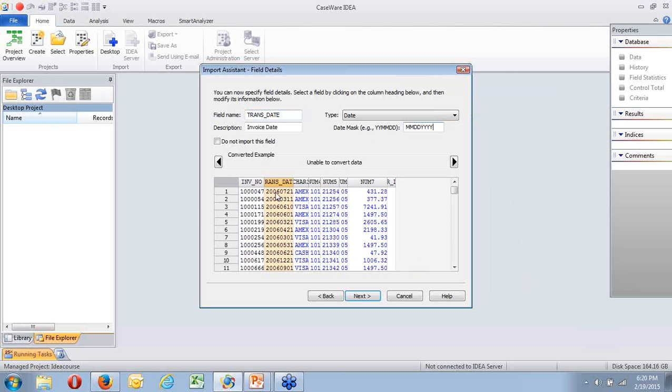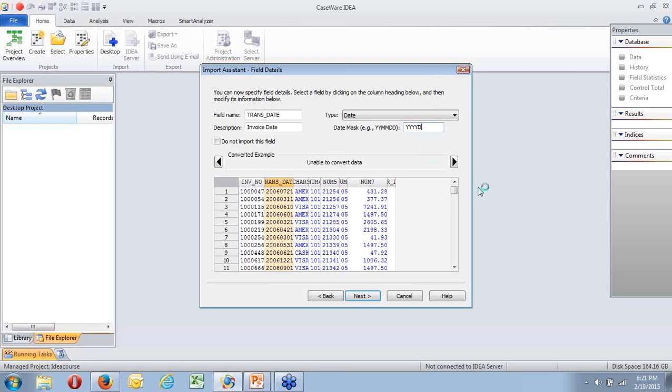I'm going to end up with a month 20. There is no such thing as a month 20. So it will try to tell me if that's wrong. If, on the other hand, we had the 4 years and we put in, instead of month, month, day, day, we put in day, day, month, month, again it's going to say, I can't convert this because I'm going to end up with a month 21.